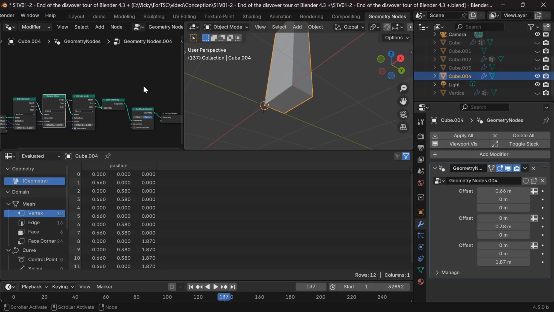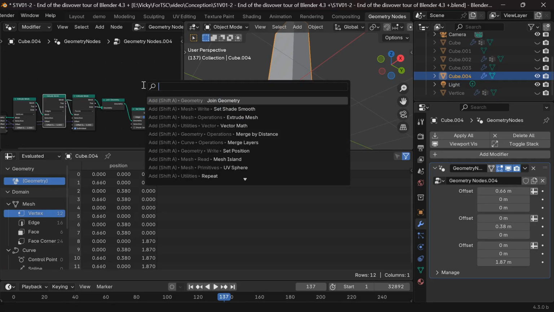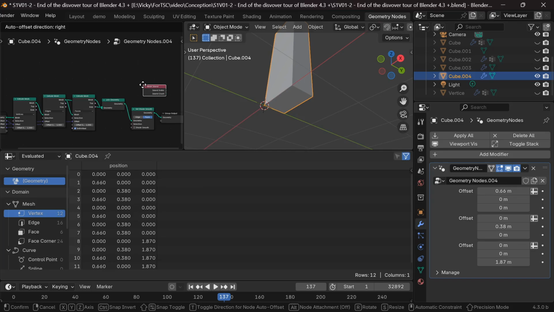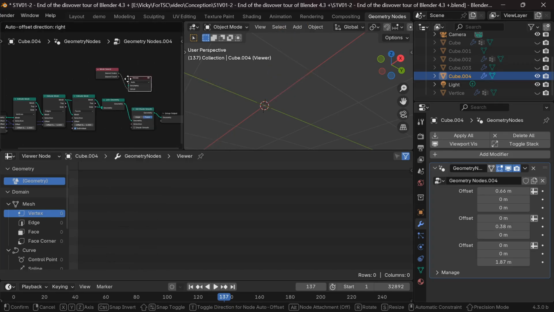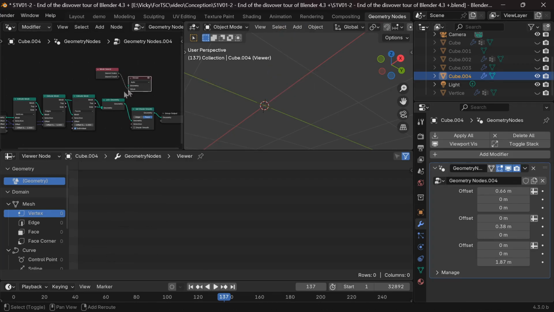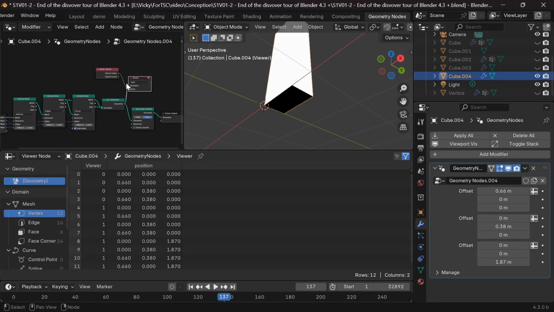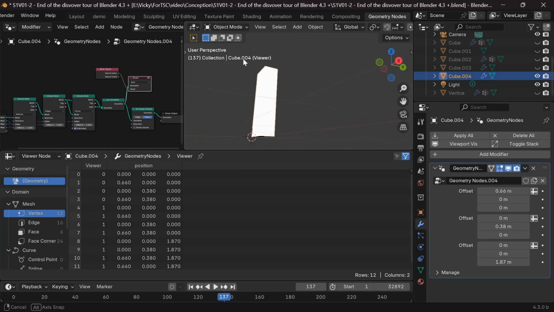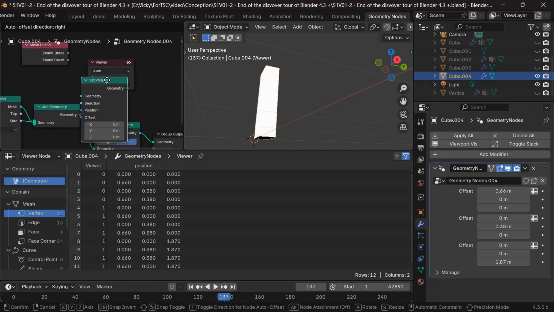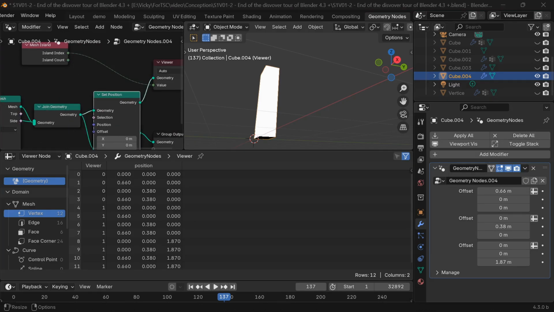First, we will use a built-in attribute, the mesh island attribute. To get it, I use F3 and type island. We're facing an issue because we don't want to apply an operation on the thing we want to see. For that, there is a special node that allows us to evaluate the node without connecting it to the output. It's like a bypass. This node is called the viewer node. Now we can see in the spreadsheet the island count of the geometry and also the index of the island for each vertex. We can see the base face of the extrusion is not on the same island.